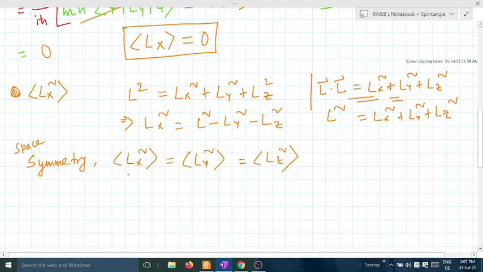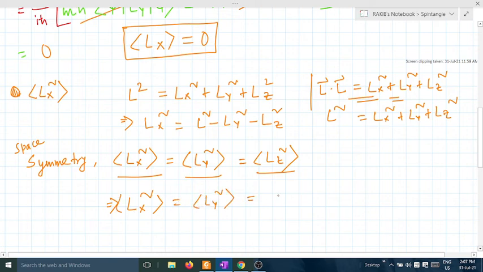These are the expectation values of Lx square operator, Ly square operator and Lz square operator. Not directly Lx square, Ly square, Lz square. I am not writing this. I am writing the expectation value of Lx square operator, Ly square operator and Lz square operator. Okay, then from this we can write that Lx square